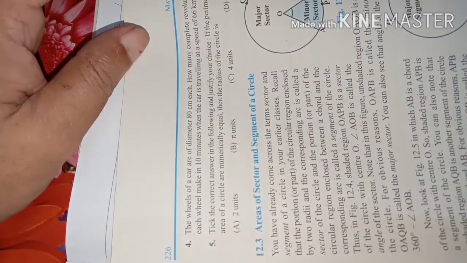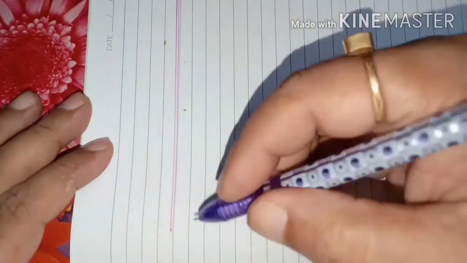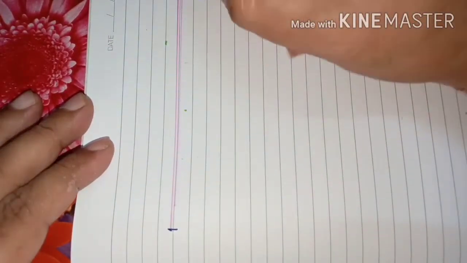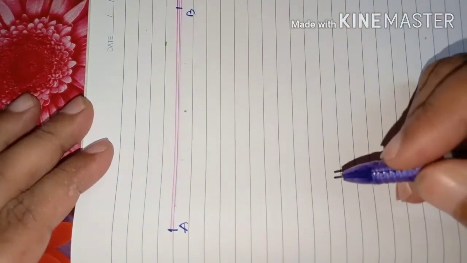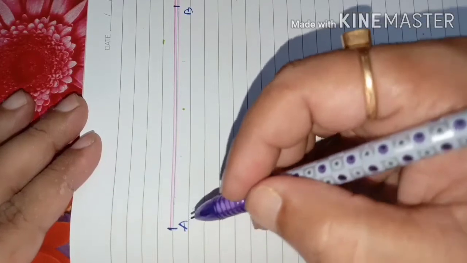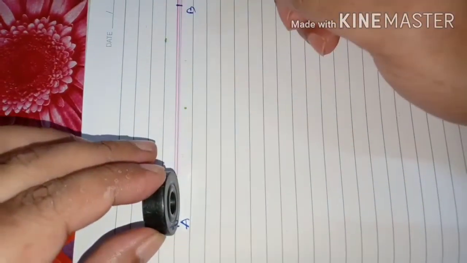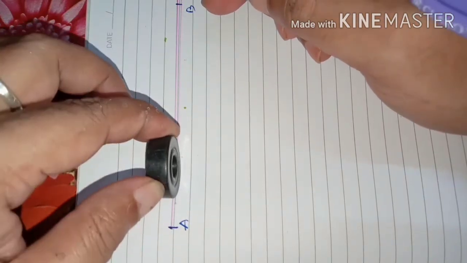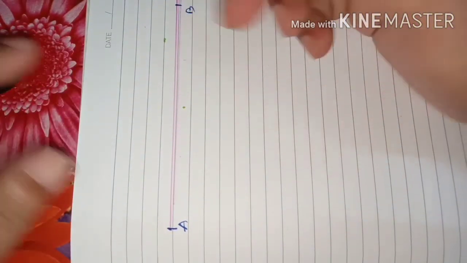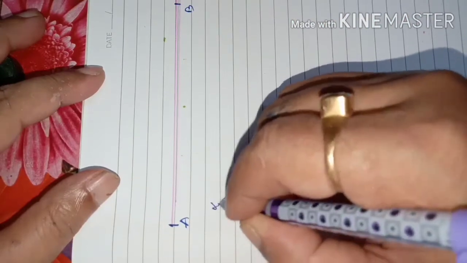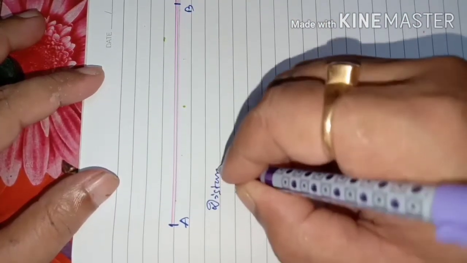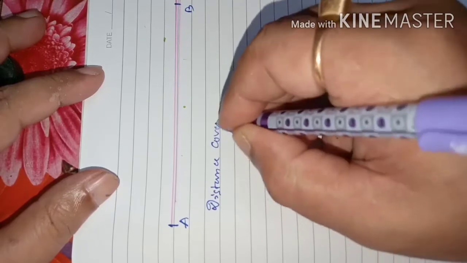Dear students, let us think that this is the road from A to B. This is point A, this point is B. So when the wheel will rotate on the road, it is going this way, no? Suppose this is the wheel. When it rotates on the road, how much distance will it cover? Total distance it will cover is, distance is actually what? Speed multiplied by time.